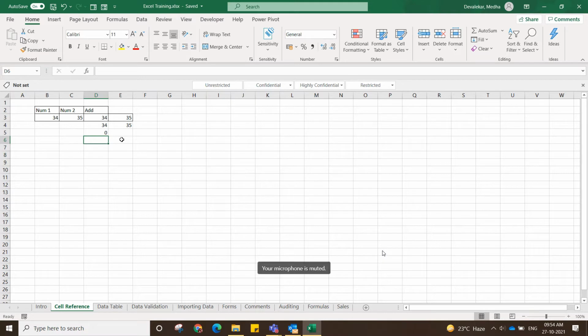Then is it possible to enter the formula in each cell? No. Then what you will do is write the formula once in one cell, and then just drag that formula till the end of your data. But while you are dragging it down, you also need to understand how the formula's cell references are changing. Only then will you understand whether the formula is referring to the correct cell or not, right?